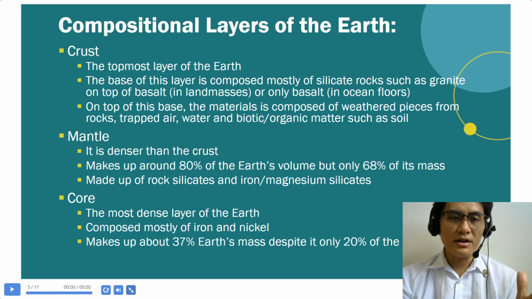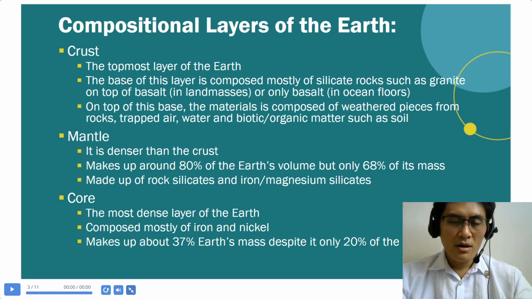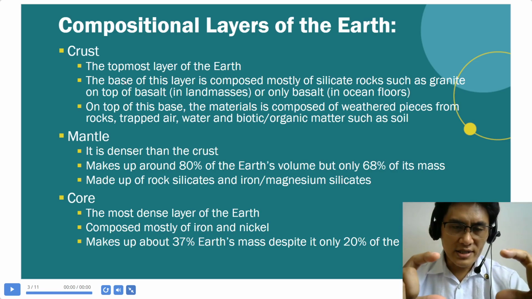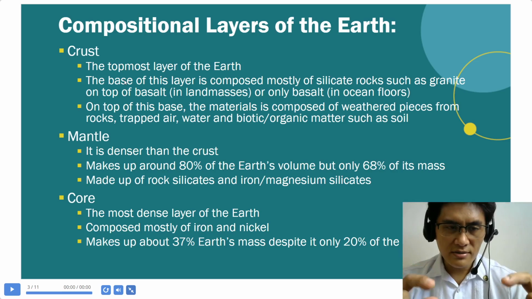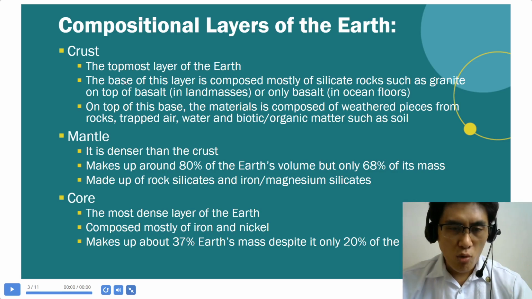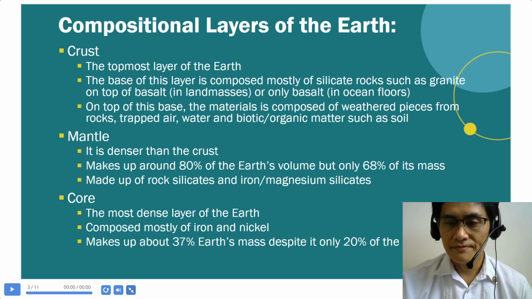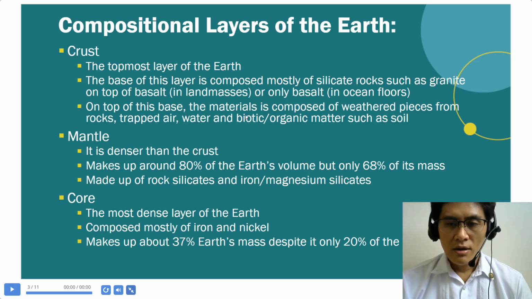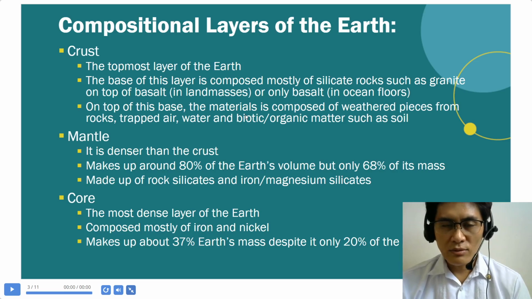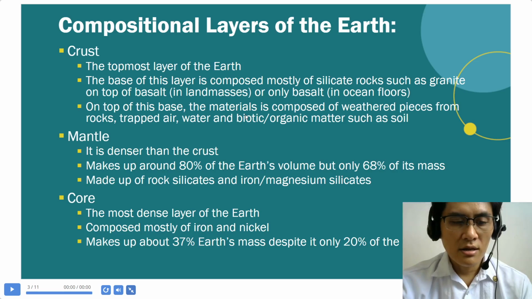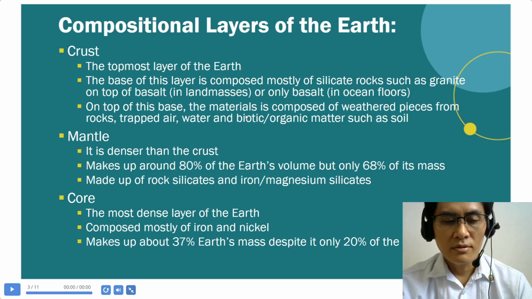Okay, so again, compositional layers: crust, mantle, core. More silicates, least amount of iron and nickel. More silicates, more amount of iron and nickel. And then in the core, you have the most amount of iron nickel and the least amount of silicates. Okay, so that's the pattern. So that would be the discussion for the compositional layers of the Earth. Okay, so